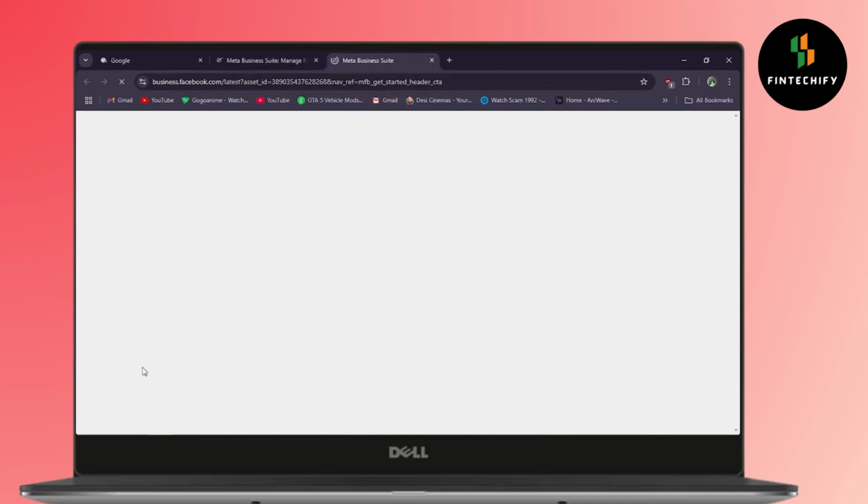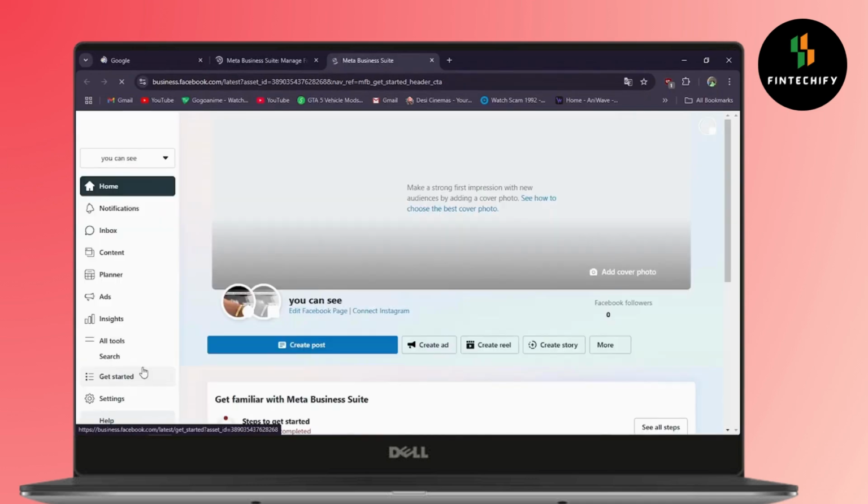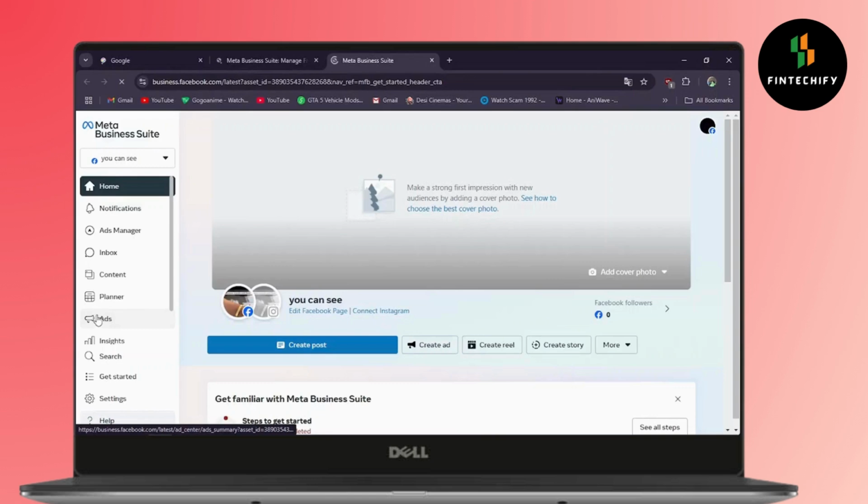So you have to successfully log into your account with your password and email here. And they are processing the request. So here you can see that you will be navigated to your ad page. So after that, you have to click on the ad here. So you have to just go for your ad. Once you have clicked on the ad option,